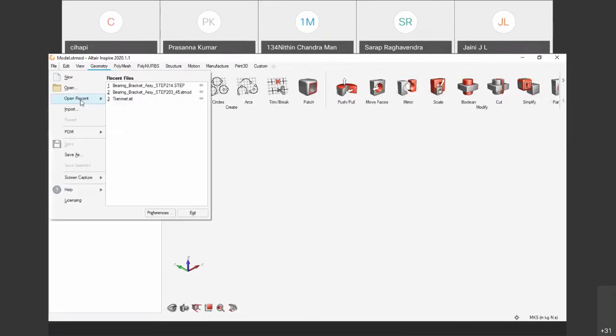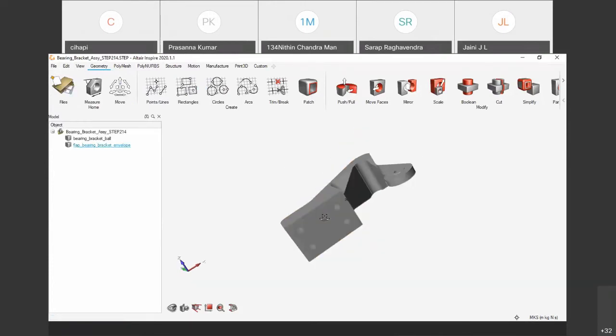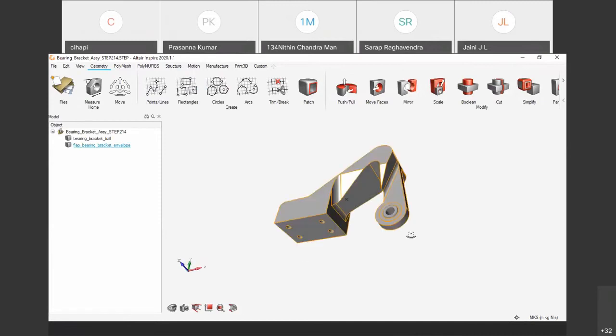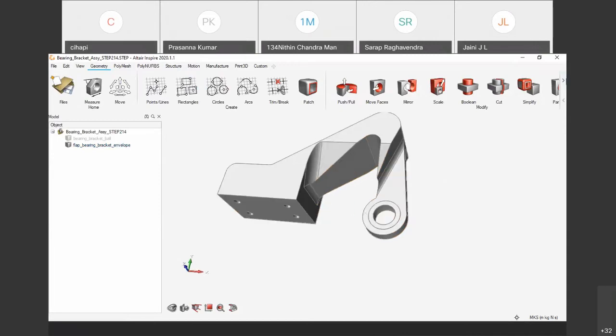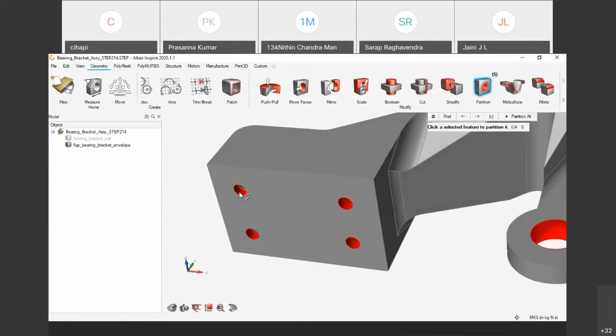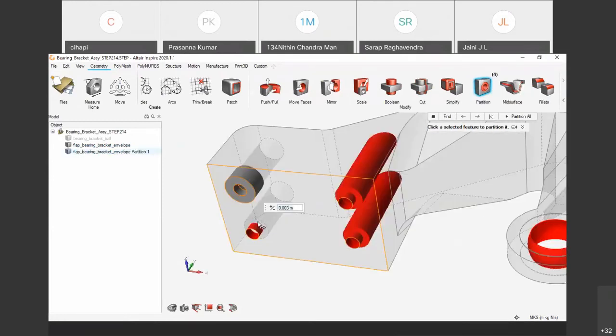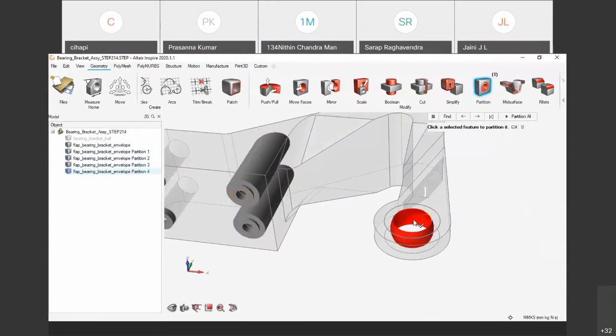Check the screen. I've just opened a step 5 bracket file. In this, I want to prepare two things: one is the design space, and the other is the non-design space. To perform that, I have an option called partition. Using this tool, I will differentiate two parts. I'm just setting up the units here in mm, and I'm selecting a few portions where I want to.